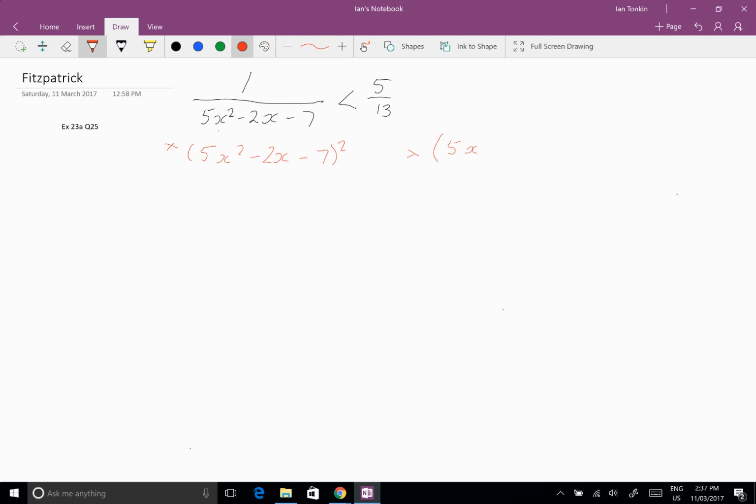Now, if we did this, on this side, the denominator would cancel and we'd be left with 5x squared minus 2x minus 7 is less than 5 on 13 times 5x squared minus 2x minus 7 squared. So this is a very difficult